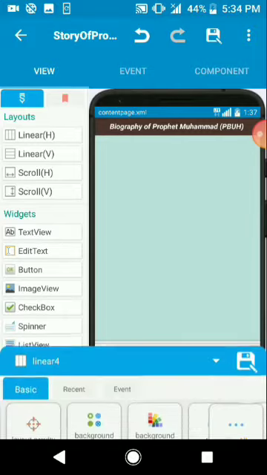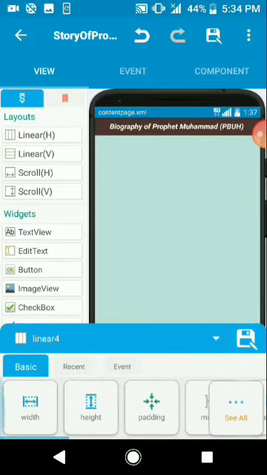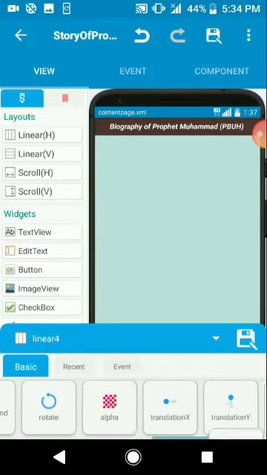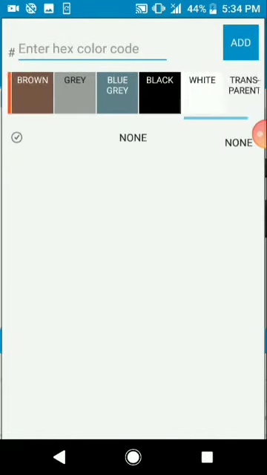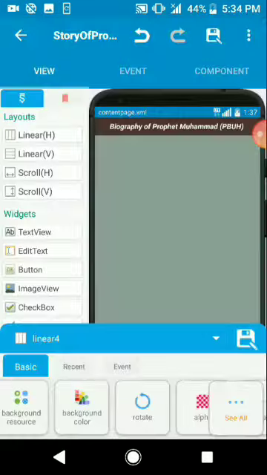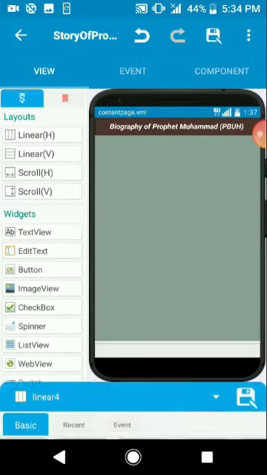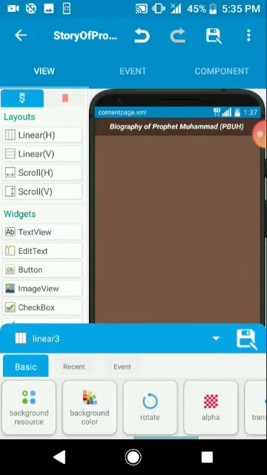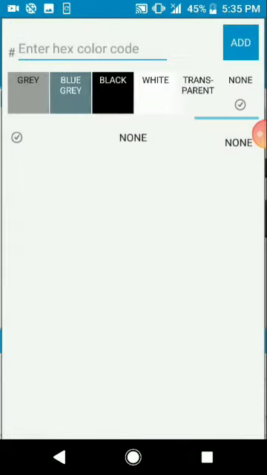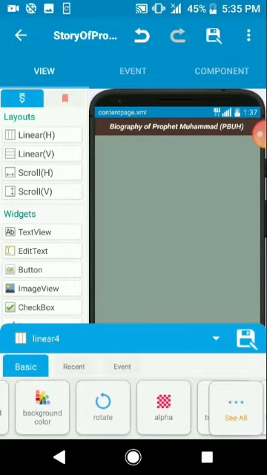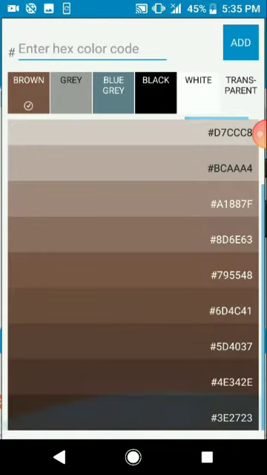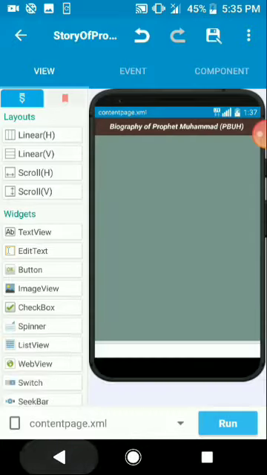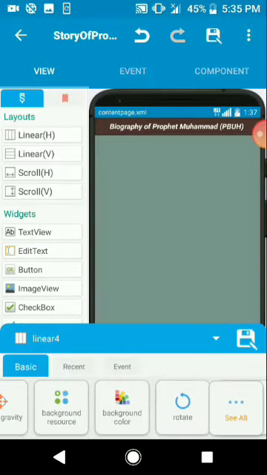So the next thing is to move to our content page. So here also let's make the color brown. Okay, so this footer color should be white. Okay, this brown, let me change the brown to this. Alright, now